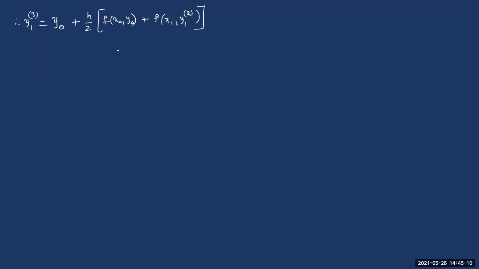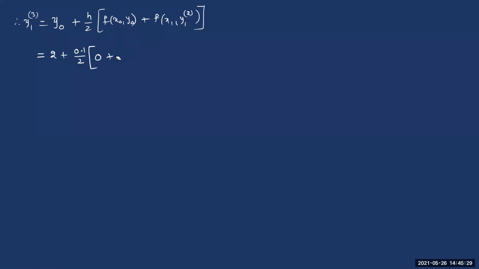Now let us just substitute everything into this. Y naught is given as 2 plus h, already got as 0.1 by 2, and then this multiplied by, we have already seen f of x naught, y naught is 0, plus,